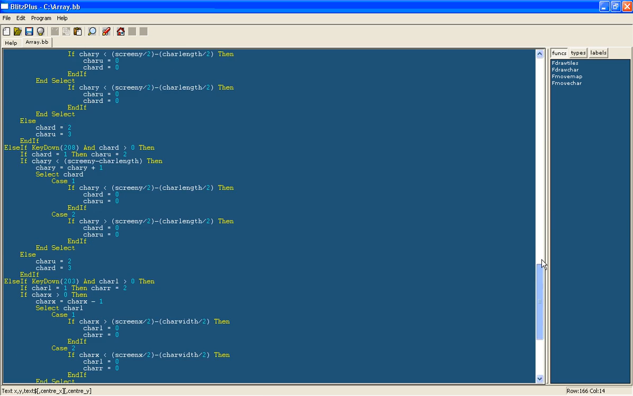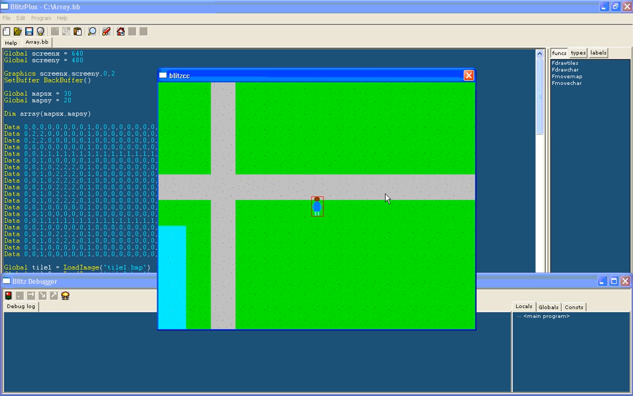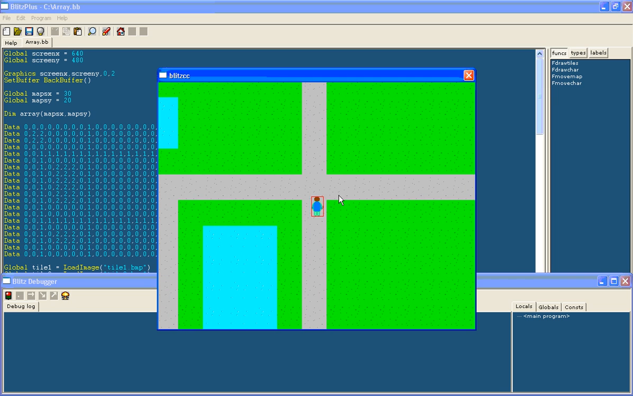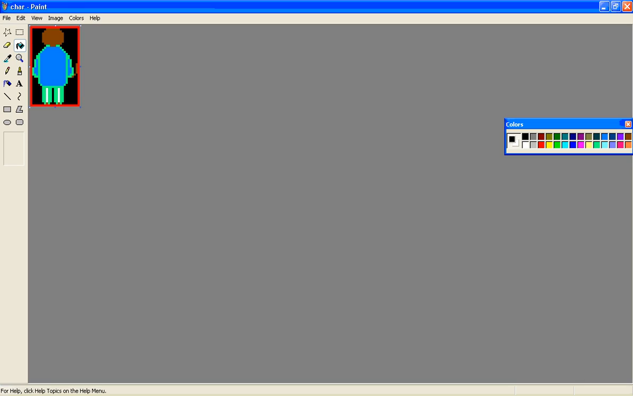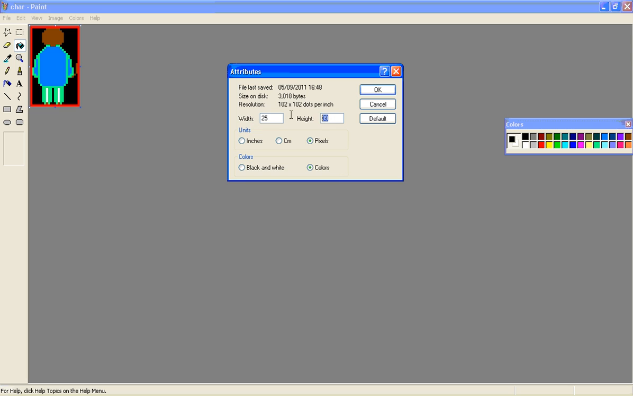And now we can get on to animating our character. It was just a 2D picture, but now we can animate it, which is why we drew the borders around the character. So let's go back into Paint. So here's a character, and you've got to know the size of your image. So ours is 25 by 39,